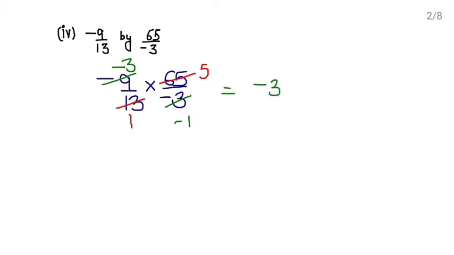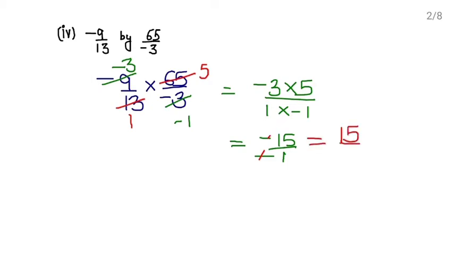In the numerator you have minus 3 multiply 5, and in the denominator you have 1 multiply minus 1, which means 3 fives are 15 with a minus sign, 1 ones are 1 with a minus sign. Minus and minus cancel out. So this is also equal to 15 upon 1, which can be written as 15, because 15 upon 1 means we are dividing by 1, which is also equal to 15. So this is your answer.